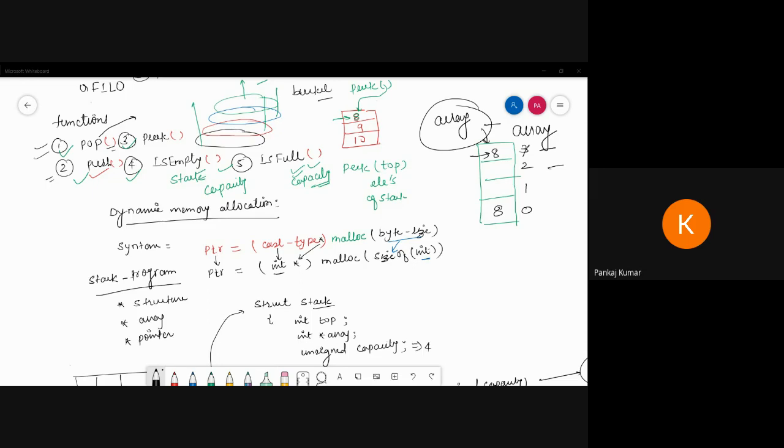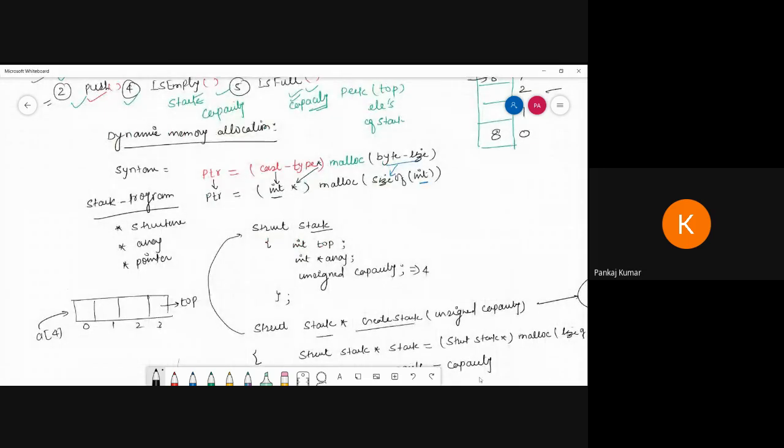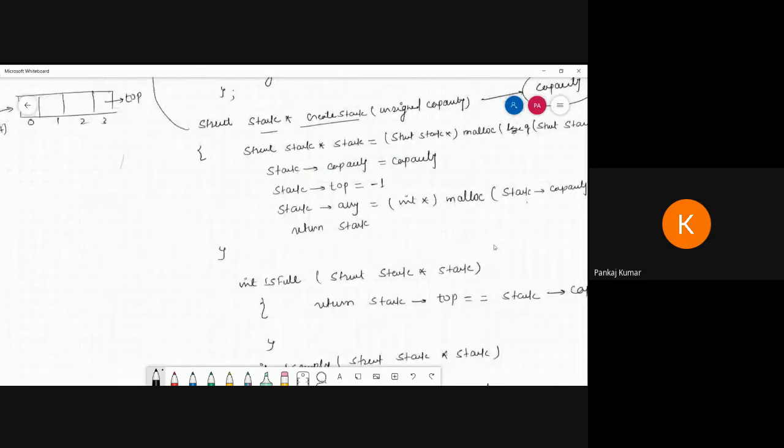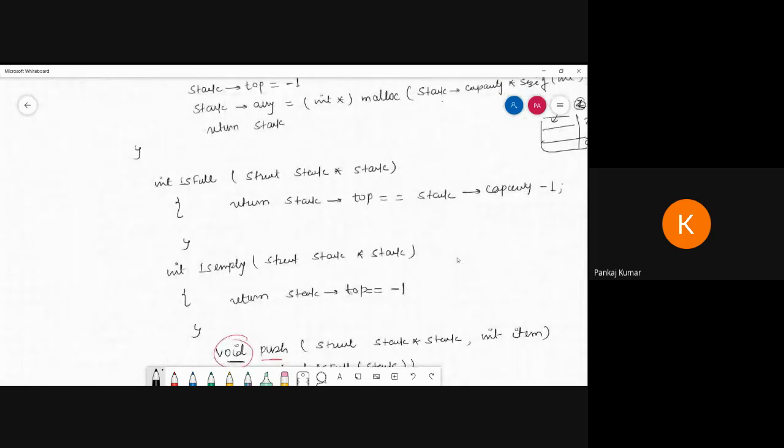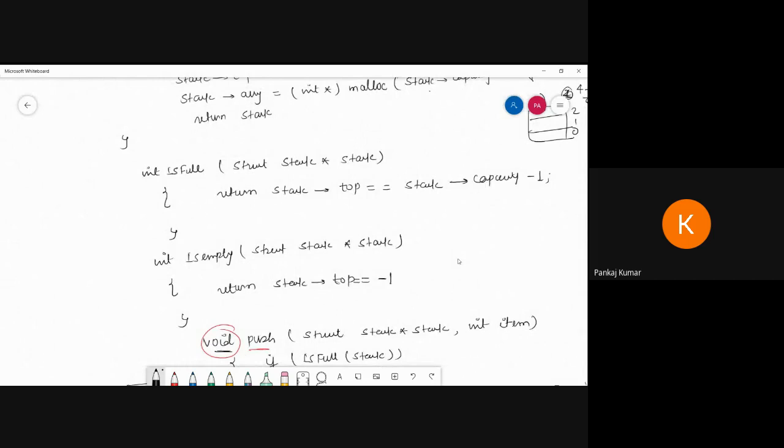Now, important is what they are interested to ask in the interview. Now see, how can you identify your stack is full? This line is very important. You have to mention if the stack top equals capacity minus 1, the stack is full.